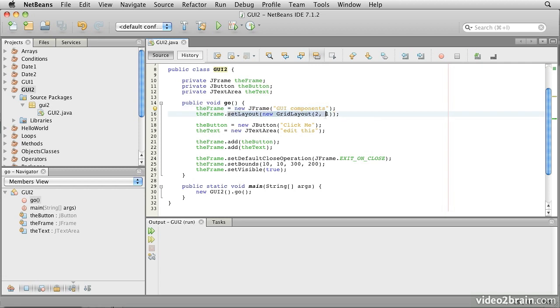It sets the layout on the frame to be a 2-row, 1-column grid. Then it creates a JButton with the label "click me" and a JTextArea which represents multiple lines of editable text, and it sets up initial text within there to say "edit this." Then it adds the button to the frame and adds the text to the frame, sets our close operation so that we'll actually quit the program when we click on the close button, sets the bounds and makes it visible. So let's just run that,